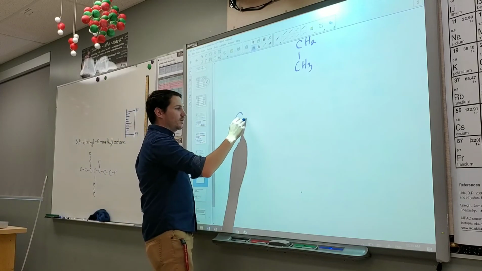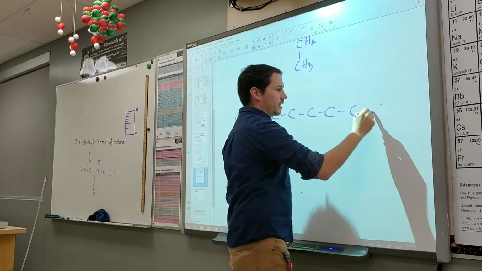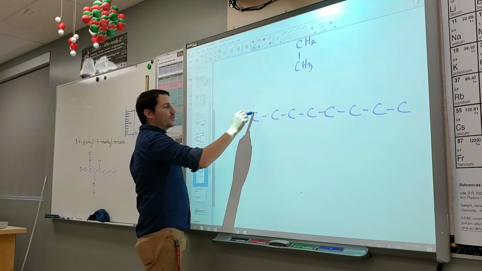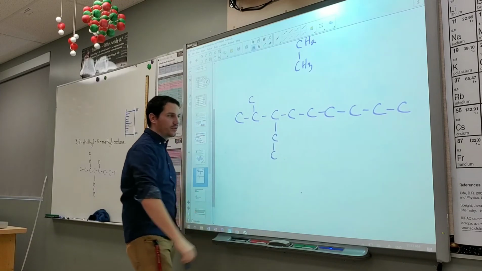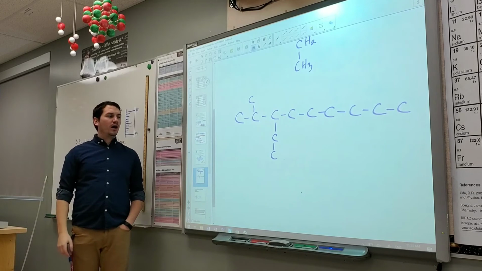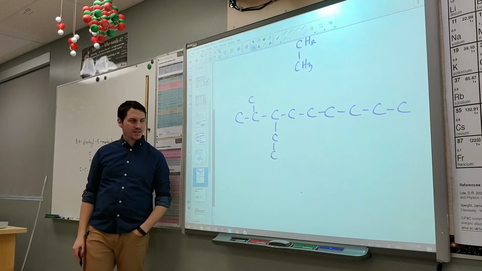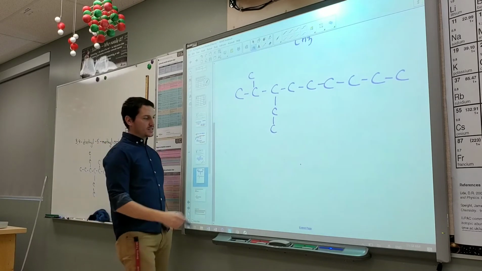Let's say I had 1, 2, 3, 4, 5, 6, 7, 8, 9, and a methyl group at carbon 2 and an ethyl group at carbon 3. We could just fill in all the hydrogens. That's totally fine. A different way of drawing this is by going